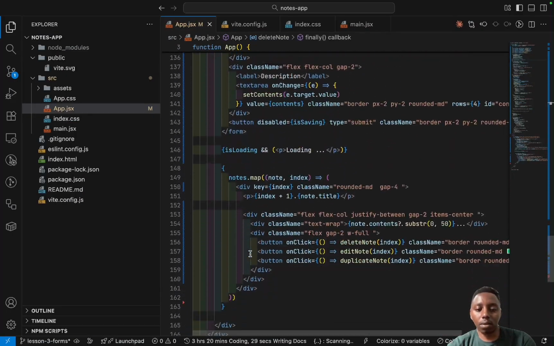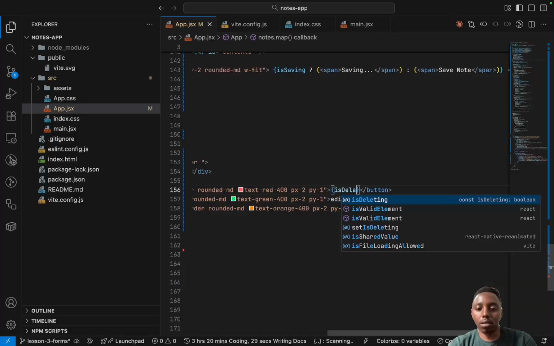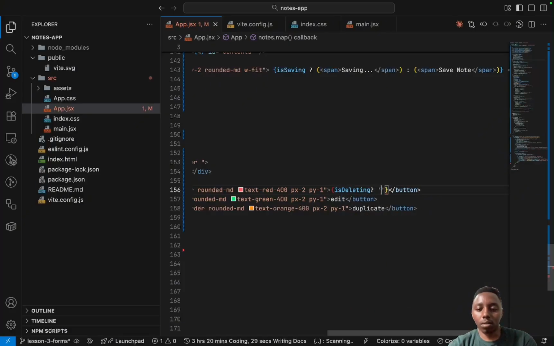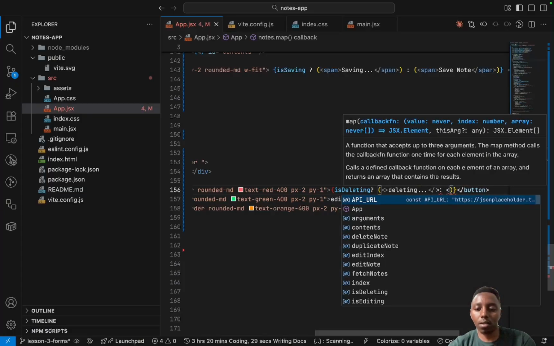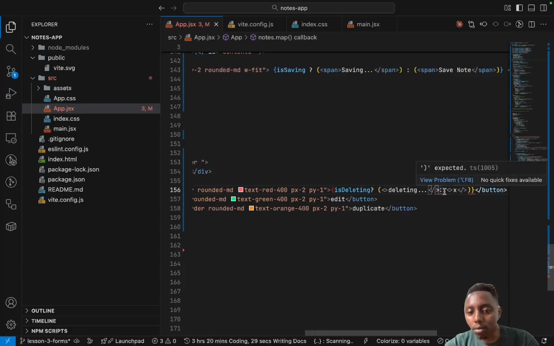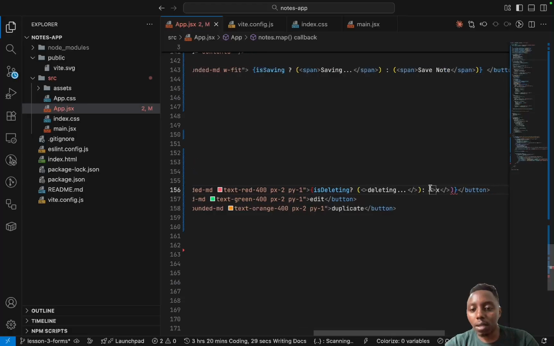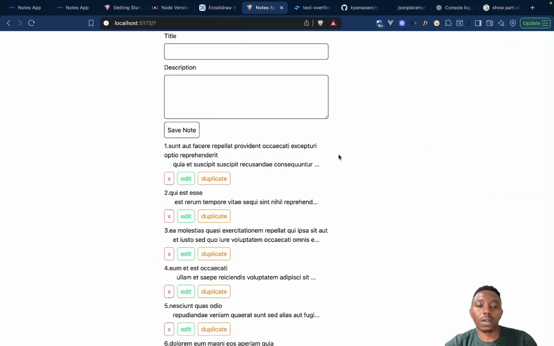So let me just go down here to the delete note, and is deleting, and if we are deleting, we'll specify, and then once that is done, we can now put in our x, which is going to be correct there, and we can put in our x there. So now if we say delete,